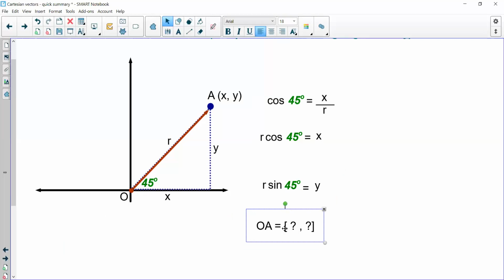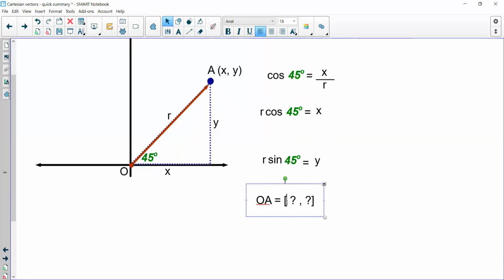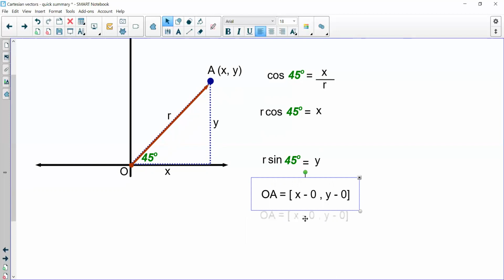So vector OA now becomes, if I use exactly the same technique as we did before with components. If I take the x value from my ending point, so if I'm going from O to A, my ending point is going to be my x, take away 0. And then my vertical component will be y take away 0. As mentioned previously, this is not very helpful in terms of working with this piece of information, because